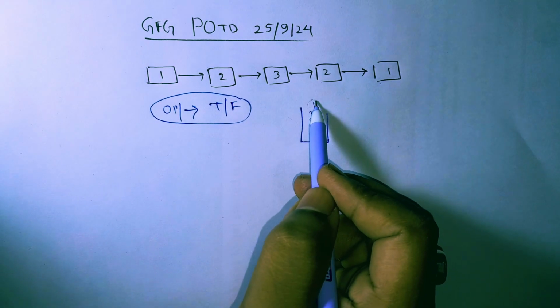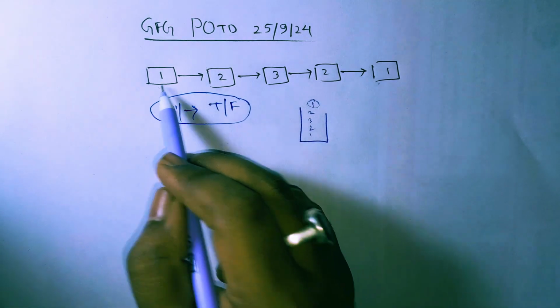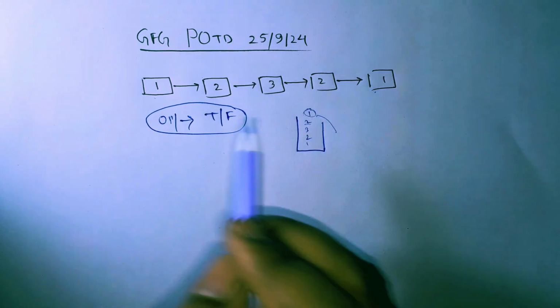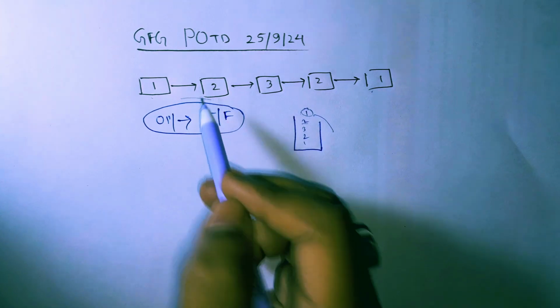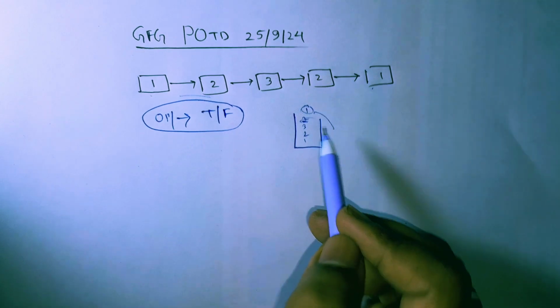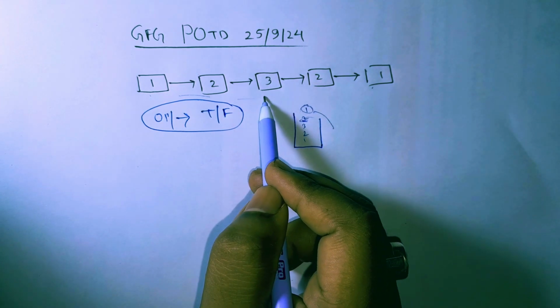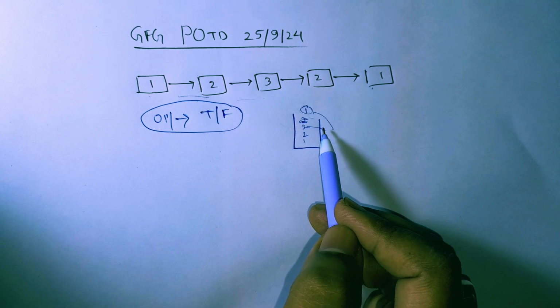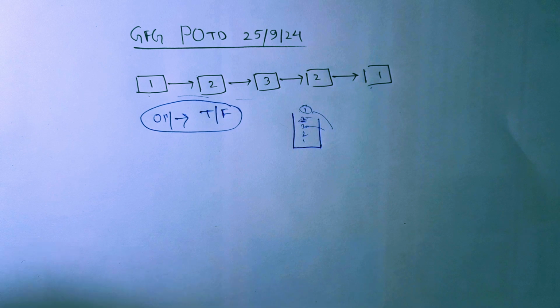So it will compare the last with the first, and I will pop out from the stack, and then I will go to temp next and it will check with these two and pop out from my stack, and next temp will be temp next, and next I will pop out 3 from the stack. Like this I can solve this problem, but the main catch is I cannot use any extra space here,